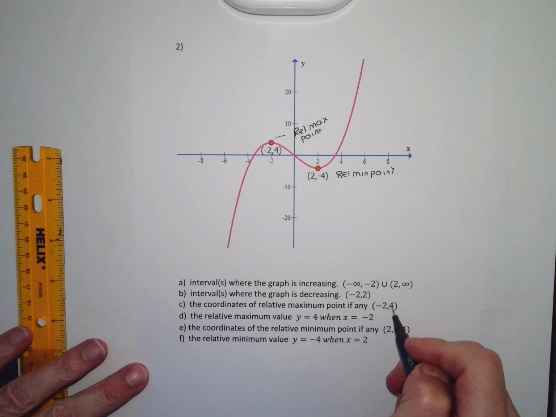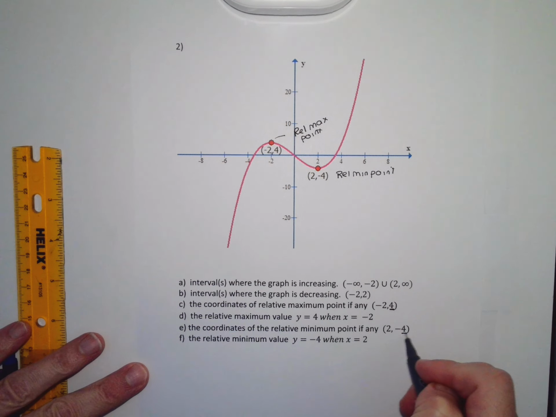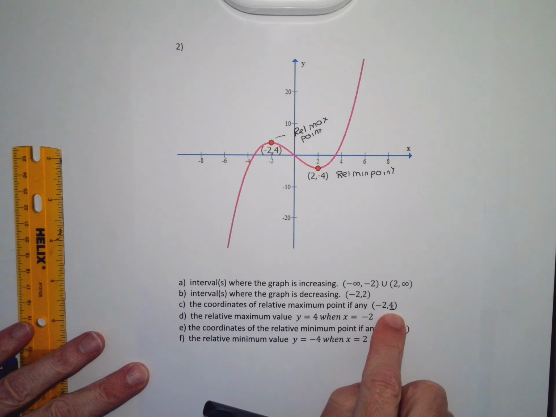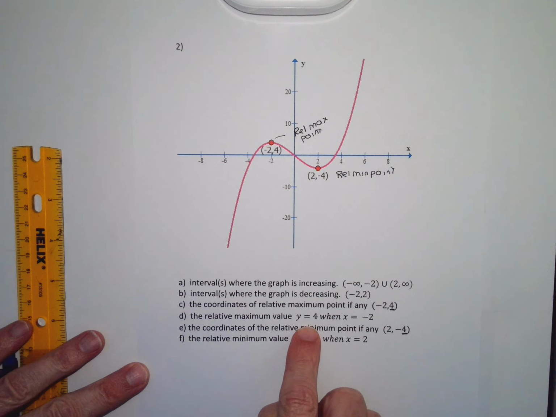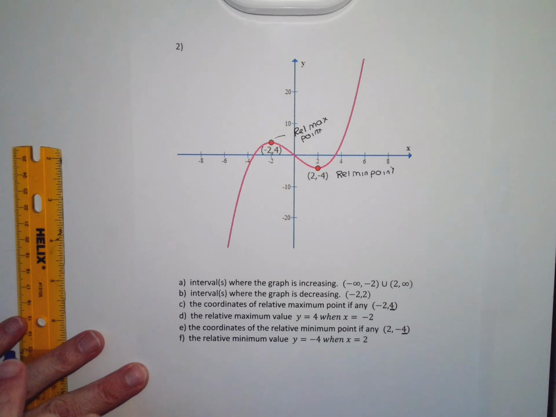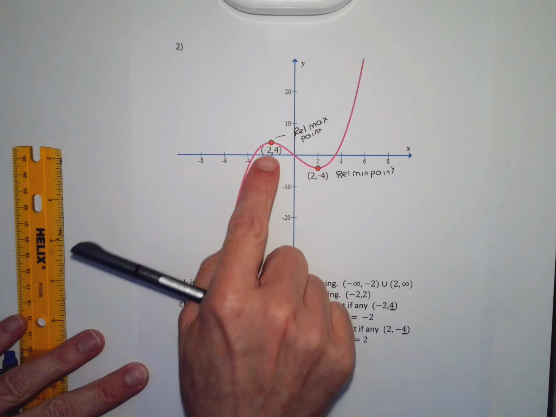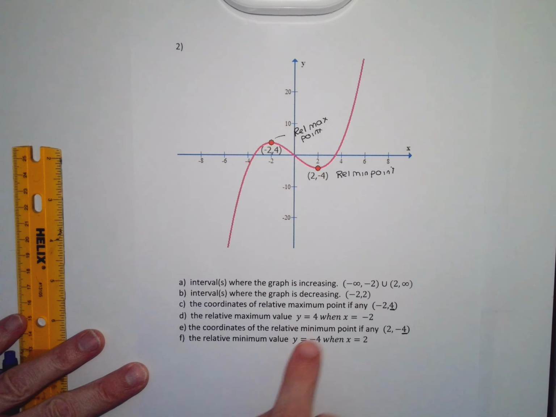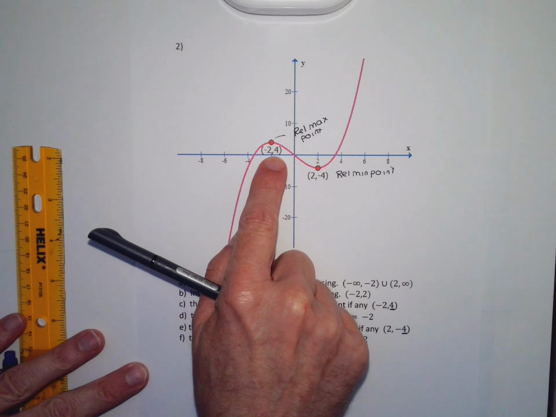of the point. So for parts D and F, the y coordinate of the relative maximum point is the relative maximum value, which means any point close to it is going to have a y coordinate less than 4. It may have x coordinates bigger than -2, x coordinates less than -2, but all the y's are going to be less than 4. So to say the relative maximum value is y equal to 4 when x equal to -2, that's just what we generally say when we try to describe the y coordinate of a maximum or minimum